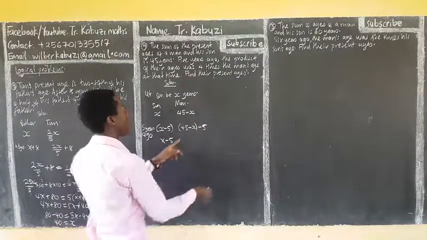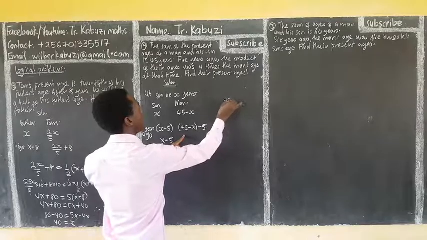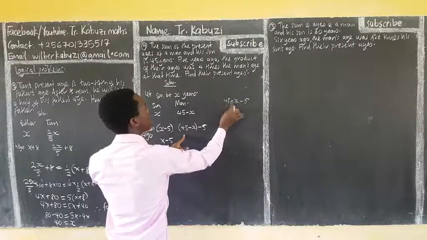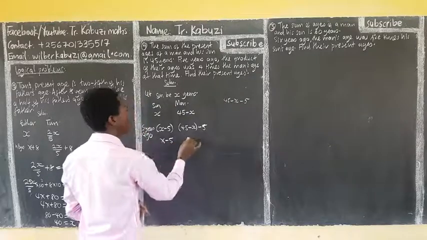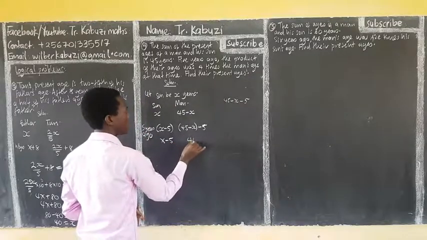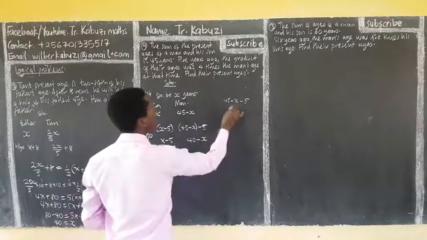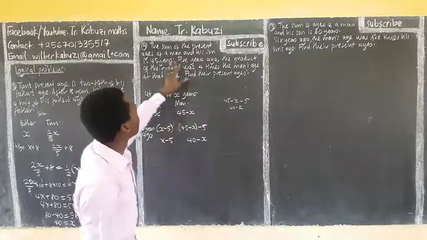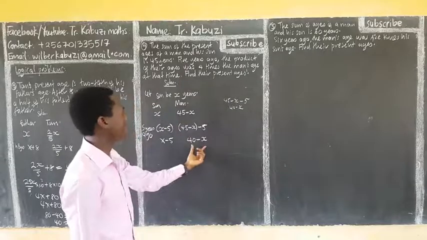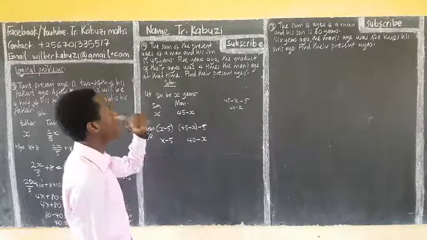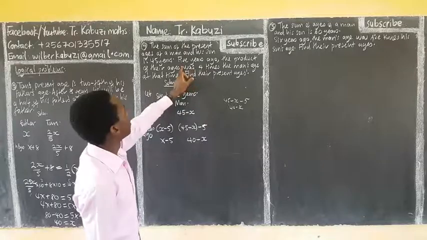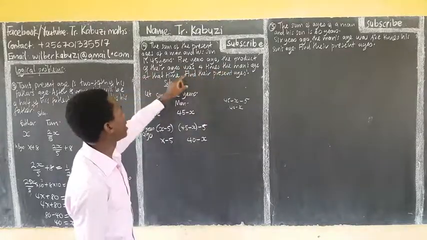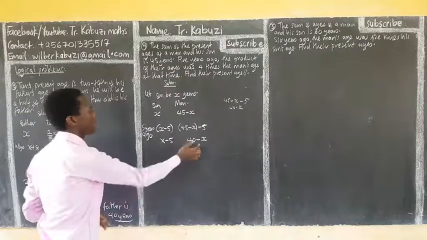Then here, remember you have 45 minus x minus 5. So this will be 45 minus 5, which is 40. Now we have 40 minus x. So 5 years ago, these are their ages. 5 years ago, the product of their ages